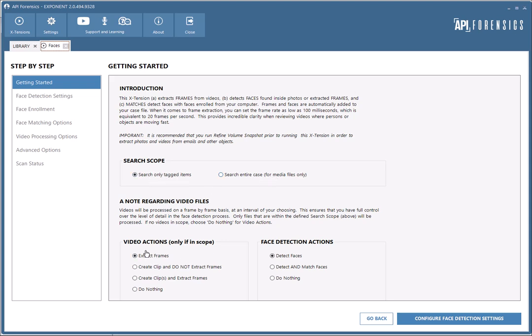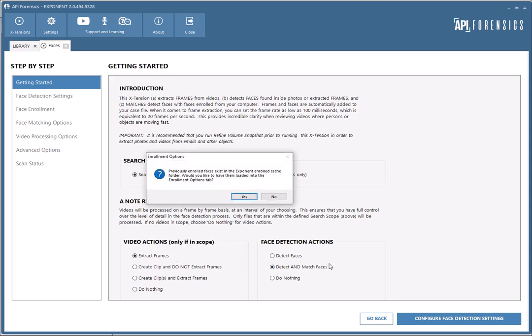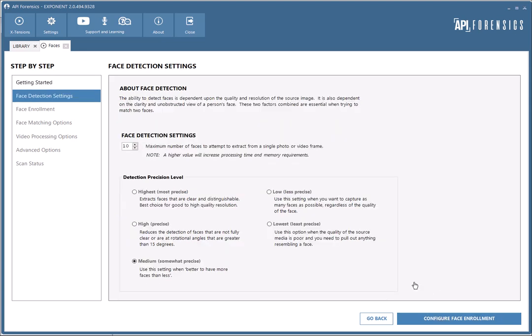We're going to leave the video actions as is, which is extract frames. And then this time we're going to choose detect and match faces. It's detected we've used some face enrollment from a prior demo, so we're going to say no, just start from scratch. In the face detection settings, we want medium quality precision as far as telling faces,